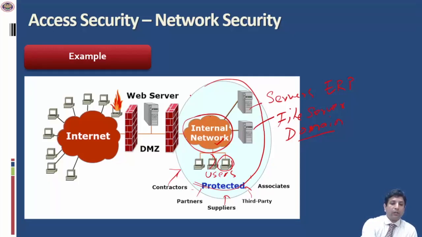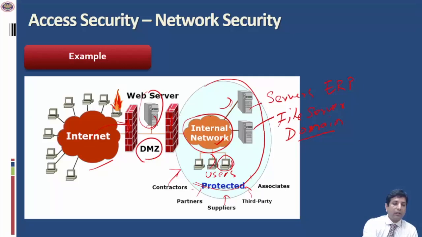Here we can see the internal network is protected by certain gatekeepers or routers, and in between there is a web server to protect the internal network from the external network. Now this area is called the DMZ. DMZ stands for a demilitarized zone. So whenever an attack is coming from an outside network, the attack is handled by the web server and the internal systems are protected from any such attacks. And that is why a DMZ isolates the internal network from the external network.